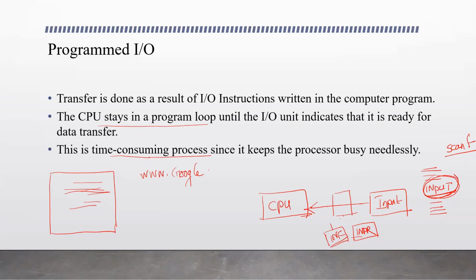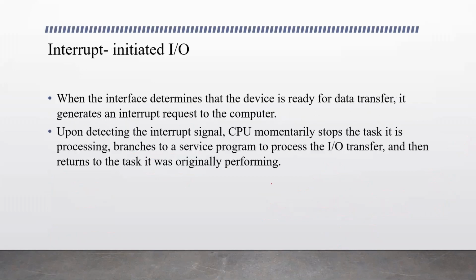The same way here, instead of making the CPU wait for this input device to send data, if the input device can send a signal to the CPU saying that it is ready, then until then the CPU can do some other useful process rather than waiting. When the device is ready, the signal it sends is called an interrupt, because it interrupts the process the CPU is doing, and it takes control to read the data. This interrupt initiates the transfer. So that is the next method, interrupt initiated IO.